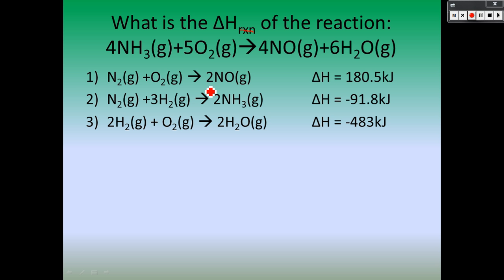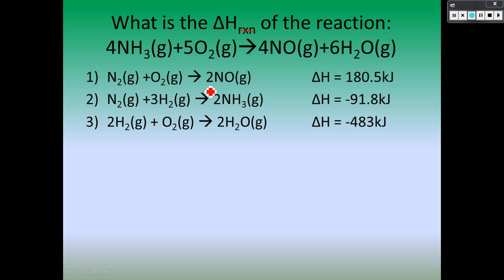And equation 2 is N2 gas plus 3H2 gas yields 2NH3 gas, and the delta H of that is negative 91.8 kilojoules. And the third reaction is